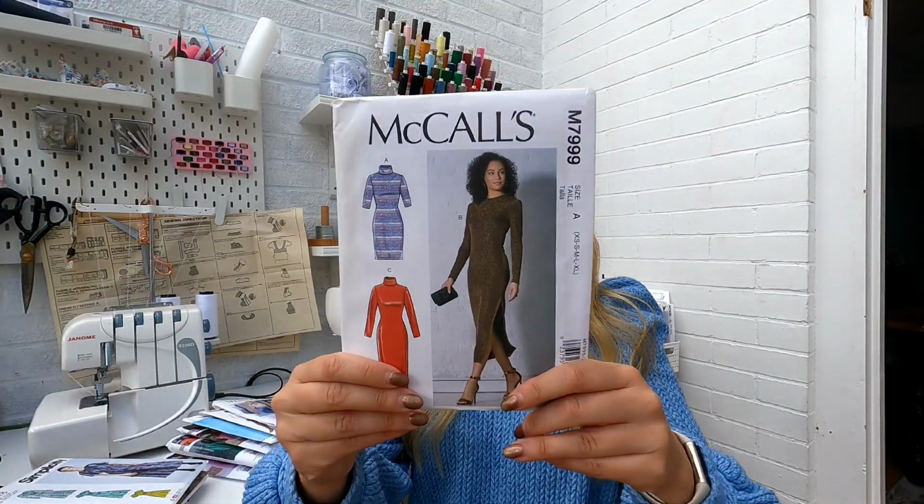But anyway, let's get straight into autumn and winter sewing patterns. So the biggest pile of patterns that I've got, which is no surprise, is dresses. So I'm going to start there. And the first pattern I've got is this one here. This is the McCall's